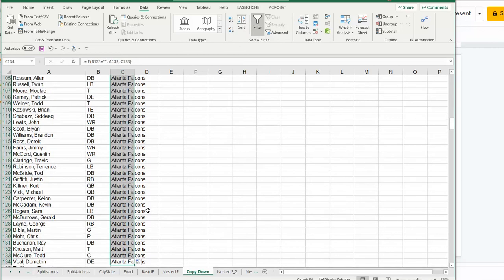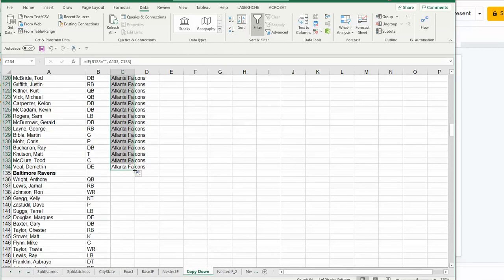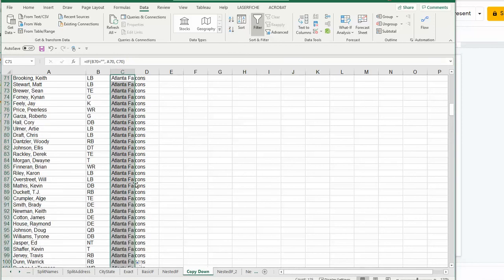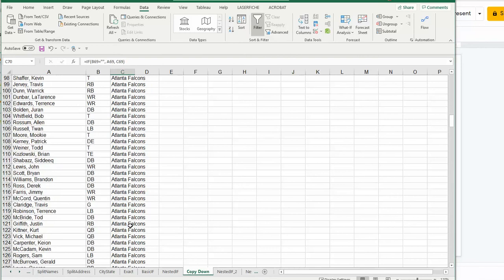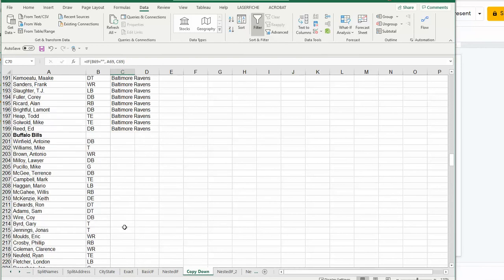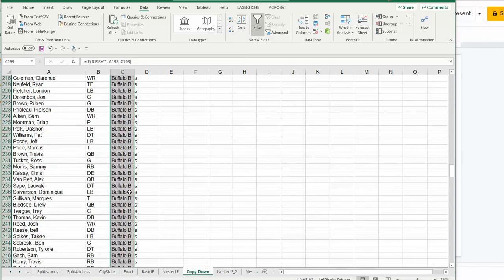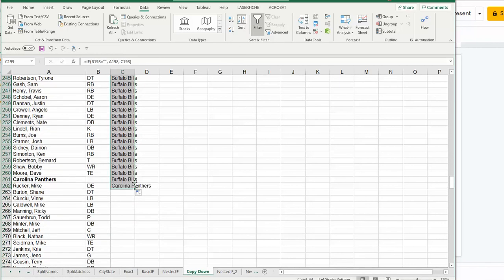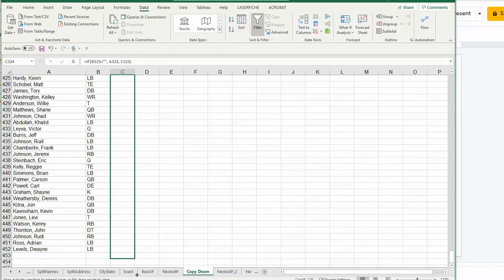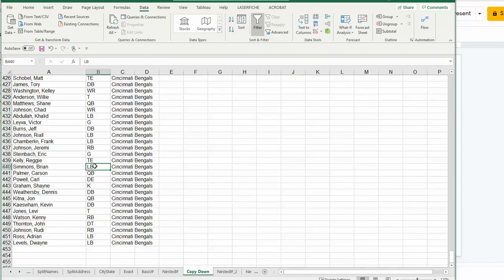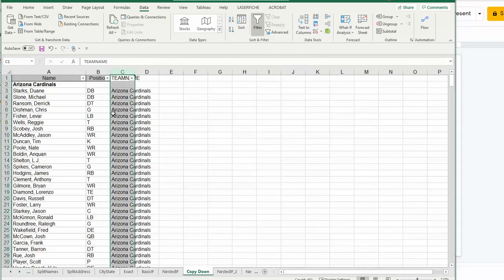And if we copy this all the way down, you'll see that the double click copy down trick will not work, because it hits that space. Uh-oh, something happened. Oh, Atlanta Falcons. Baltimore Ravens, there we go. It stops each time it hits those spaces. Once we have it all done for all the teams that we want, and you've checked that it all works,